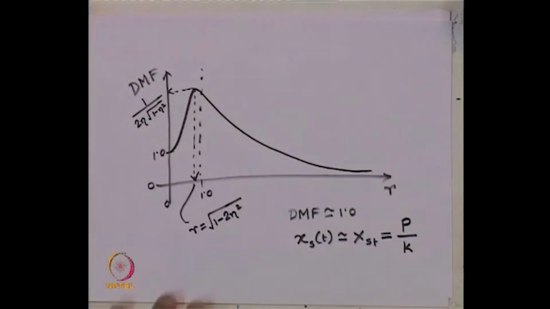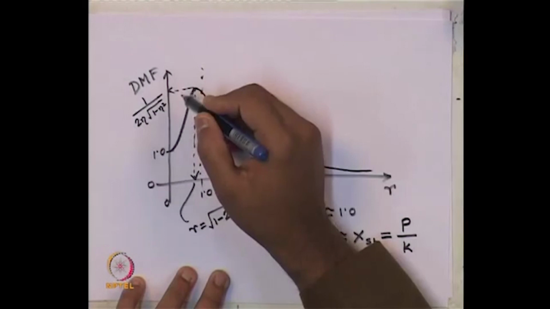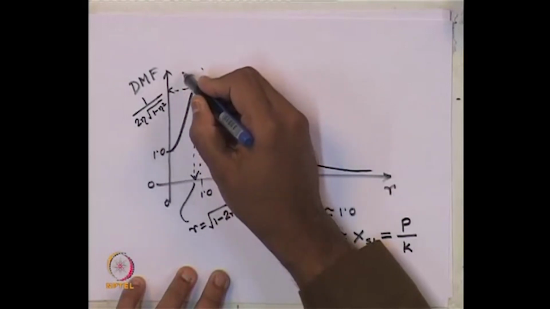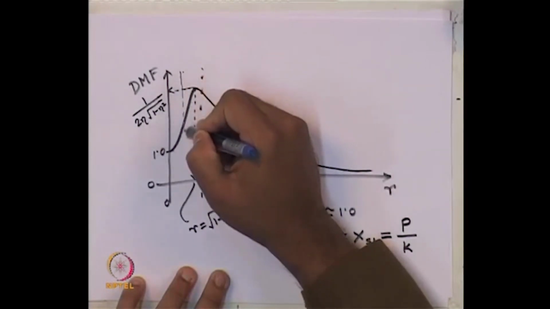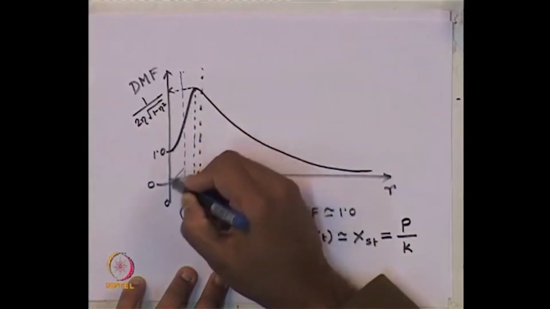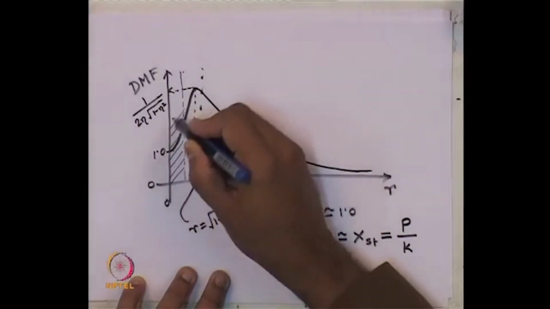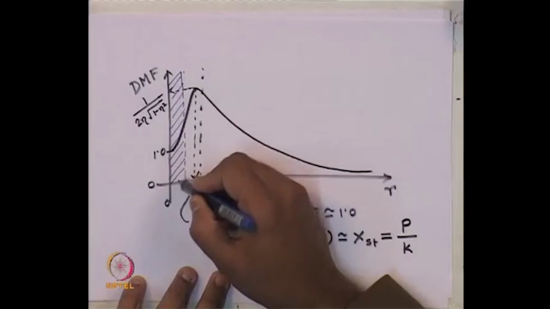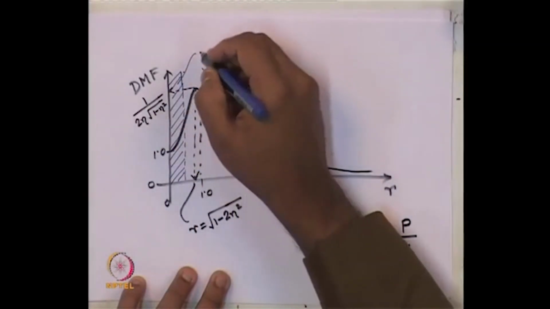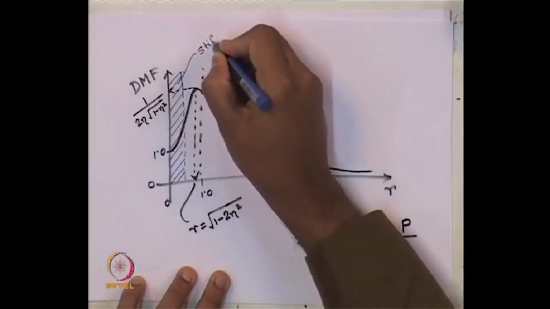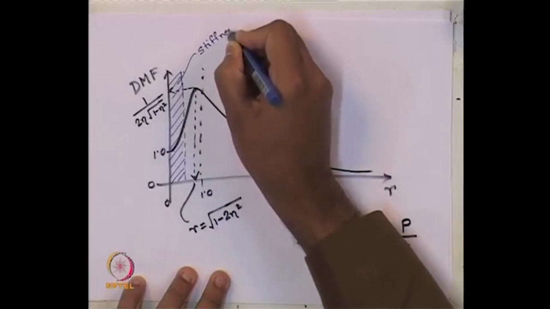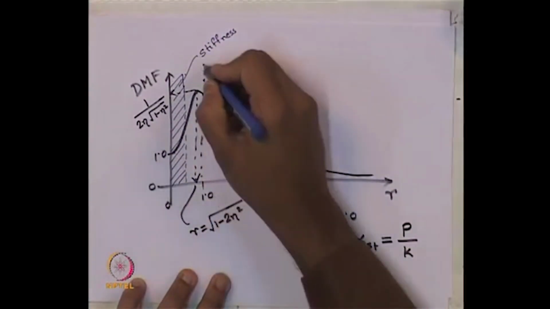We can mark a particular zone very close to DMF equals 1. This zone we can shade and say this is a stiffness controlled zone